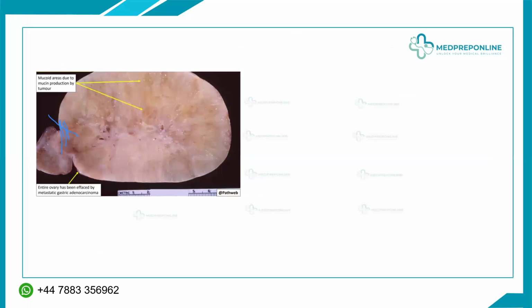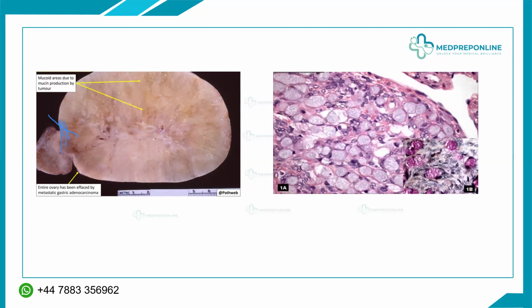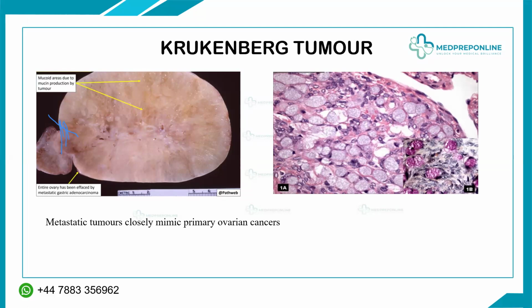Now coming to the next, now you can see this kind of a tumor, it appears to be very solid, right? And there are certain mucoid areas which have undergone degeneration. There's also some mucin produced, and the entire ovary has been effaced, looking like an adenocarcinoma of the stomach. So this is a Krukenberg's tumor, and very characteristically, you can see the signet ring cells. So the metastatic tumor will closely mimic a primary ovarian cancer. It can look like a primary ovarian cancer, but the origin is from a primary